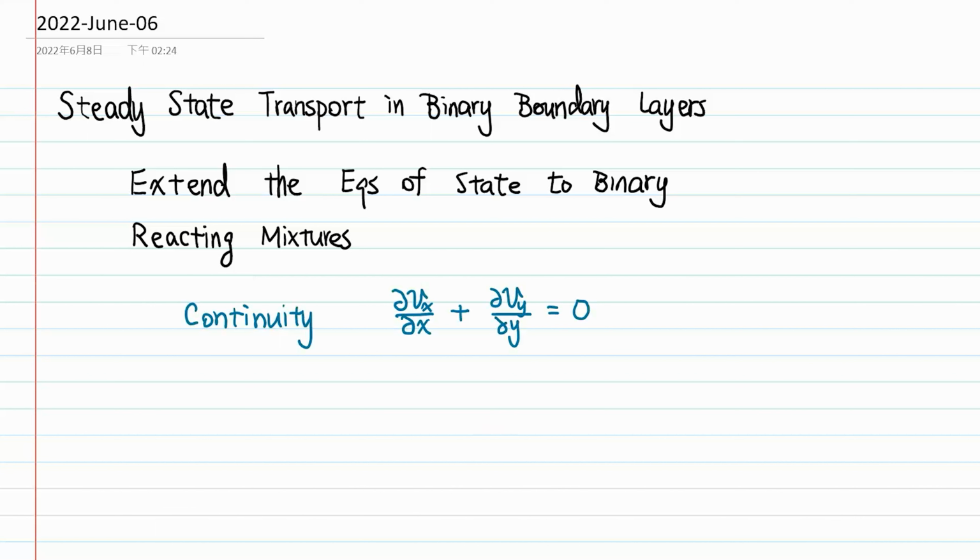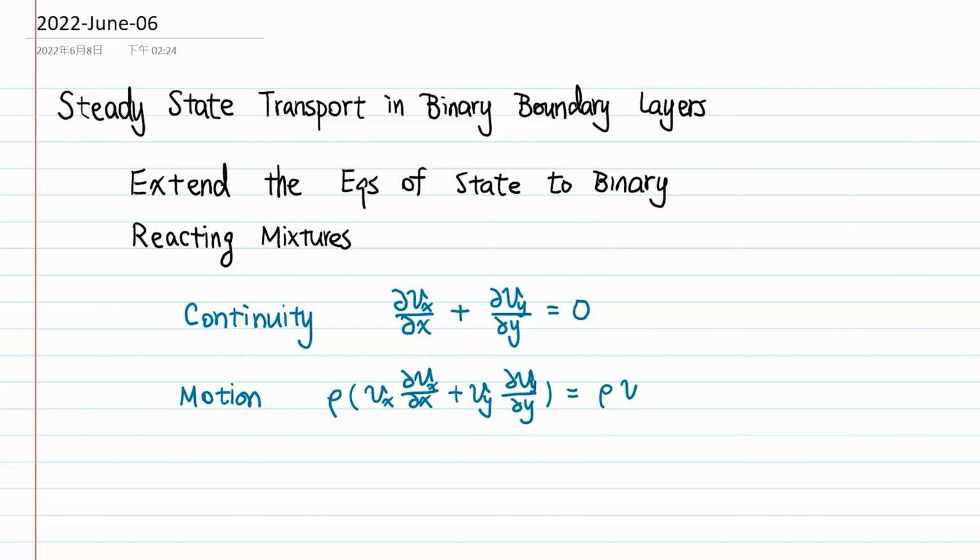And then we have the equation of motion, saying that we have rho times Vx partial Vx partial x plus Vy times partial Vy partial y equals to